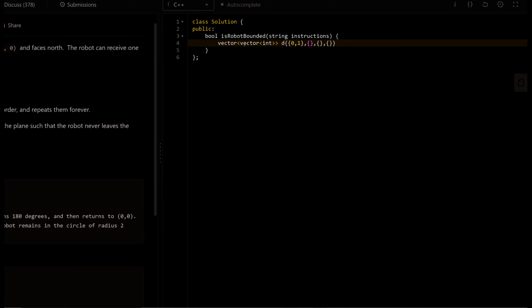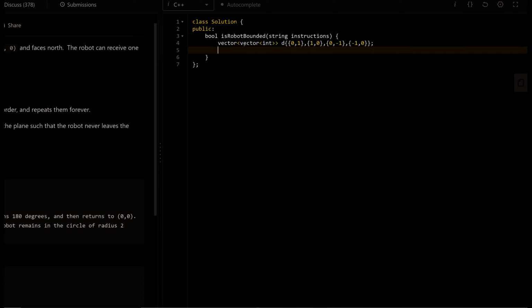The coordinates I want to add if I'm facing north is 0 along the x-axis and 1 along the y-axis. Similarly, if I am facing east, it is 1 in x and 0 in y, and for the south and west, 0, -1 and -1, 0.